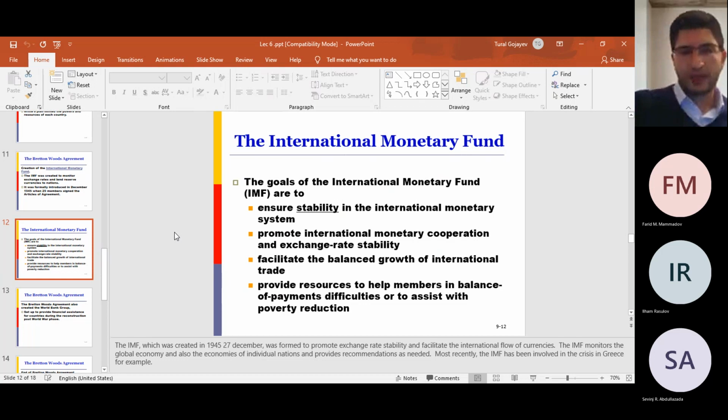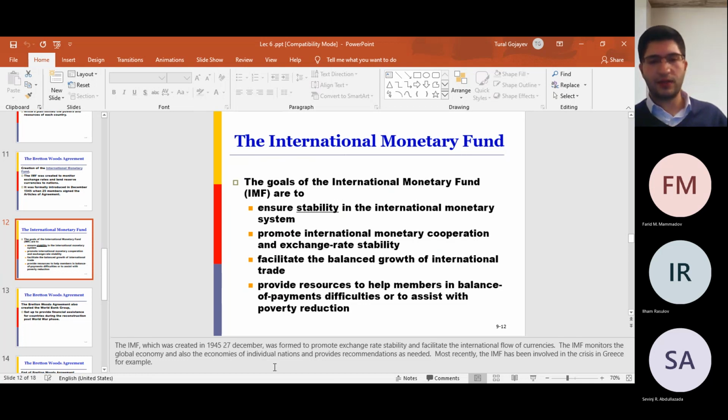What is balance of payments? Do you remember, guys? We talked about balance of payments, right? And what are the problems in balance of payments? If it is not balanced, what happens in this case? Balance of payments, I think you remember this. Ilham, do you remember? Because you answered a question related to this in our lecture at the university. Do you remember what the balance of payments is?